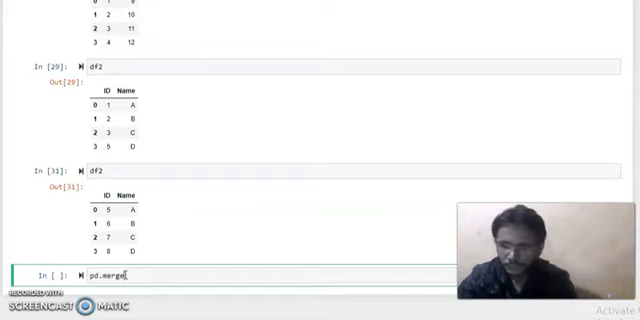First we write pd.merge and the data frames df1, comma, df2, separated by commas, then right_index and left_index. In this condition, both IDs, the ID in data frame 1 and the ID in data frame 2, are different. So right here